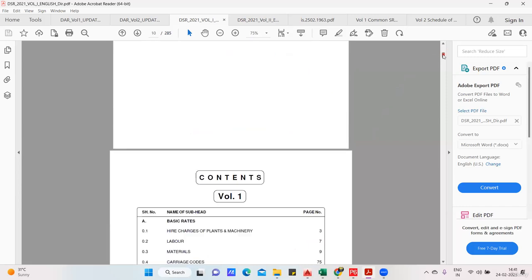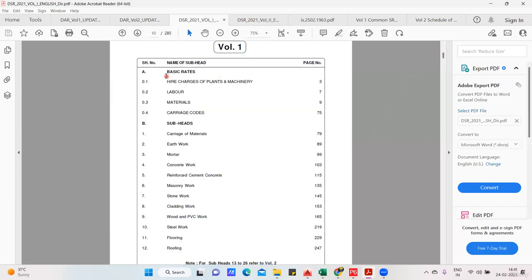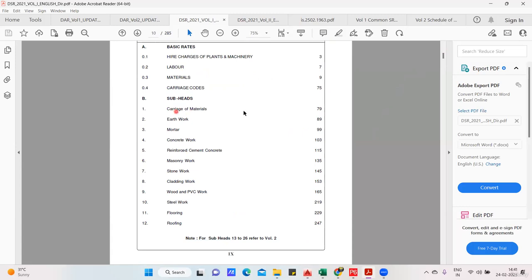Okay, yeah, so you can see here volume 1 contains, first, the basic rates: higher charges for the plant and machinery, labor. If I make one mason work for 1 day, how much is he going to charge, you are going to get from here. Material, what will be the cost, or carriage costs, you are going to get from here. After that, carriage of material, how much it will be. Earthwork, if you're doing excavation,